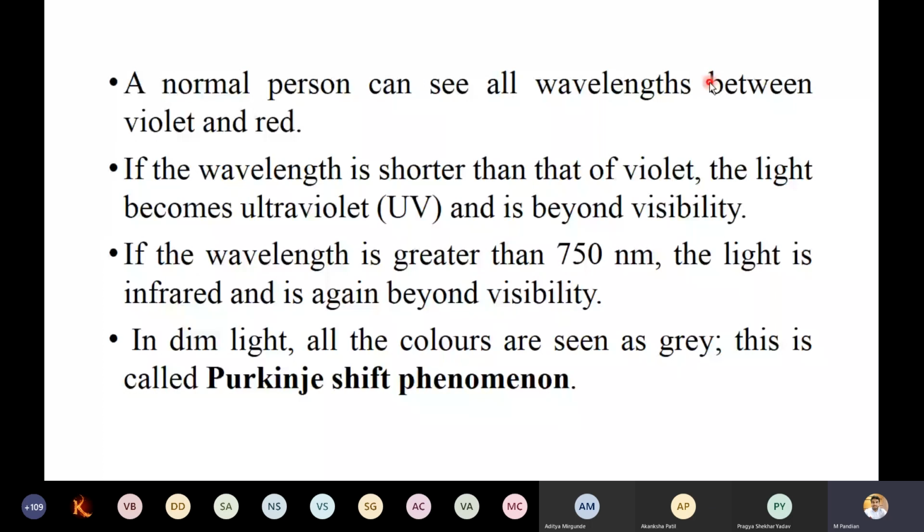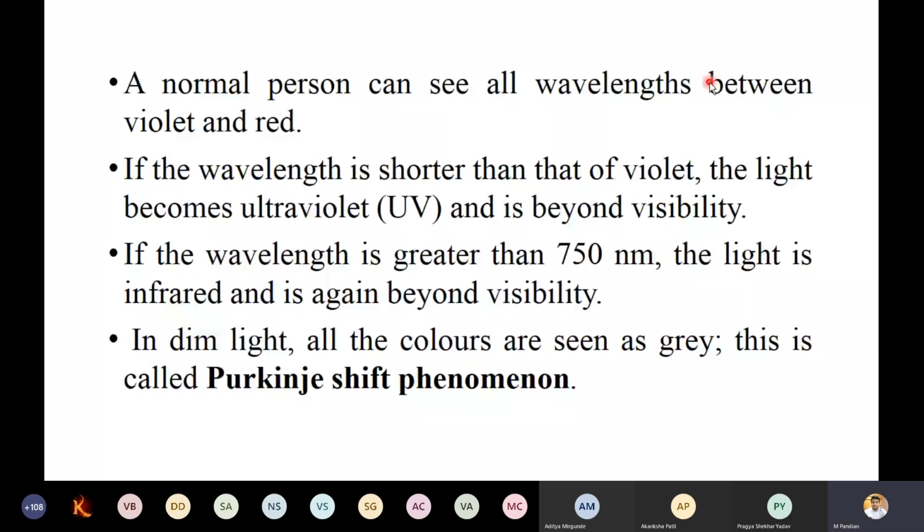It is beyond visibility. Remember this. If the wavelength is greater than 750 nanometers, the light is infrared. Again, it is beyond visibility.